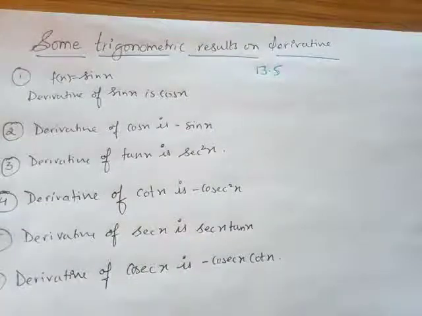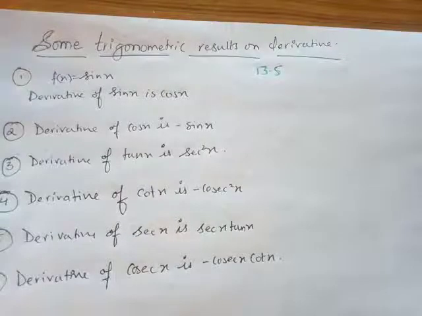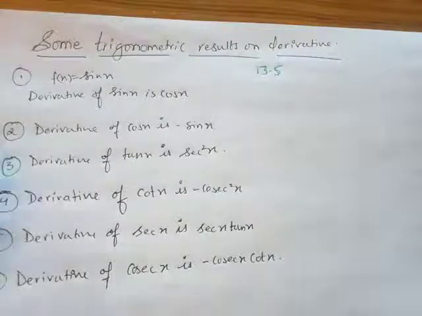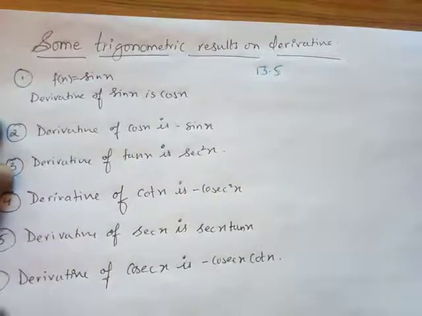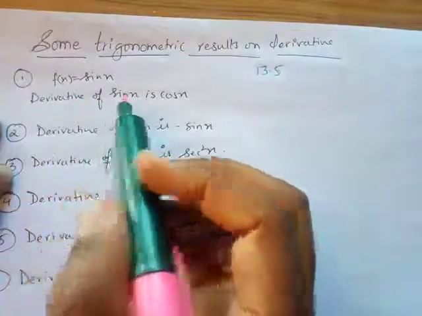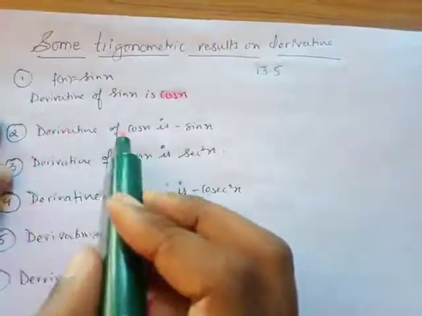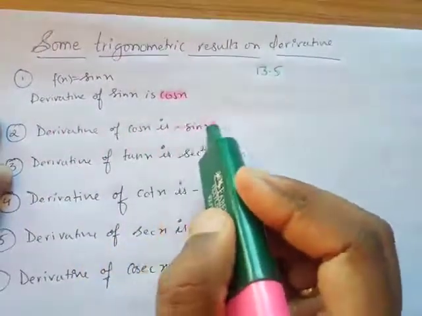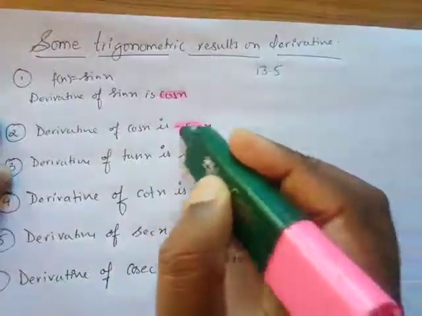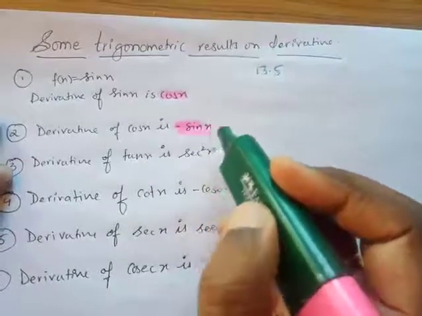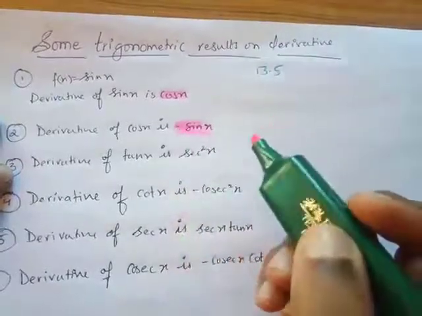So we'll be discussing that, but I'll be going generally over all the 6 points that I have written down on the piece of paper, and the questions that will be coming will be dependent on these derivatives. So the derivative of sine x is cos x. We'll prove that. The derivative of cos x is minus sine x. Wherever I have to find the derivative of cos x, I have to directly write that the answer will be minus sin x.